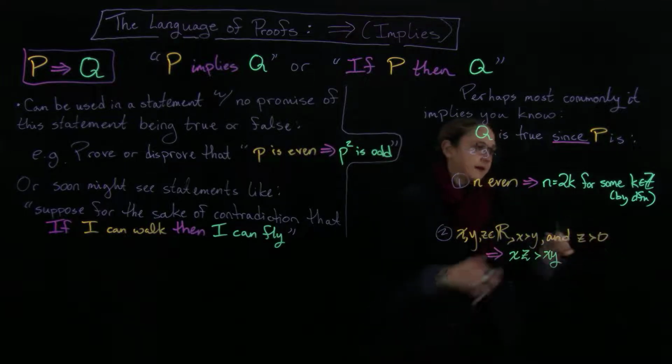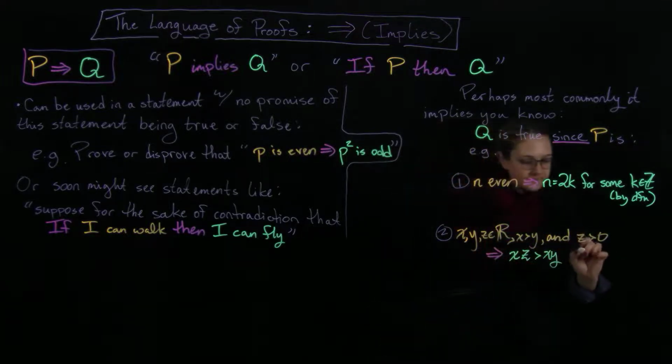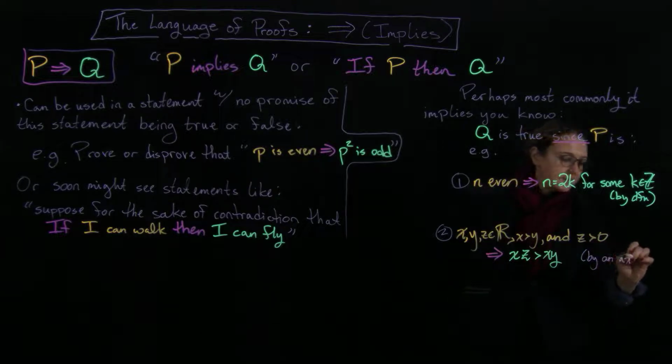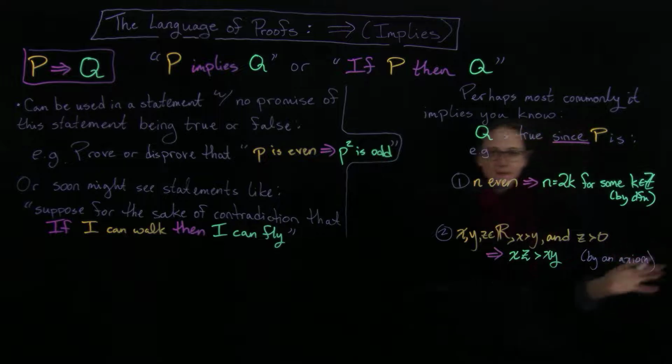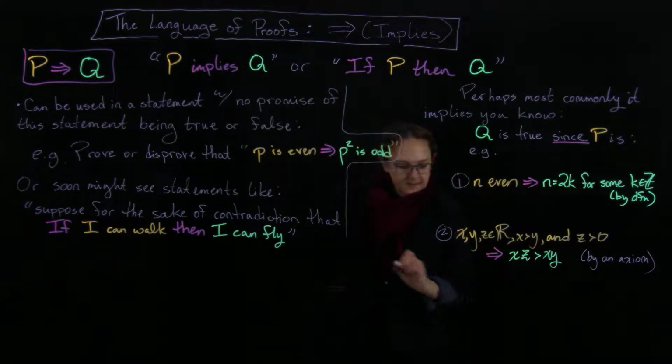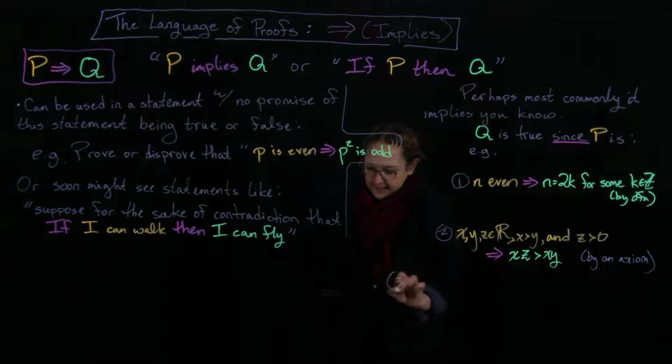Okay, and this here is by an axiom. I'm trying to set a good example by always stating how we know. And then another kind would be, so here's one more example, which is that